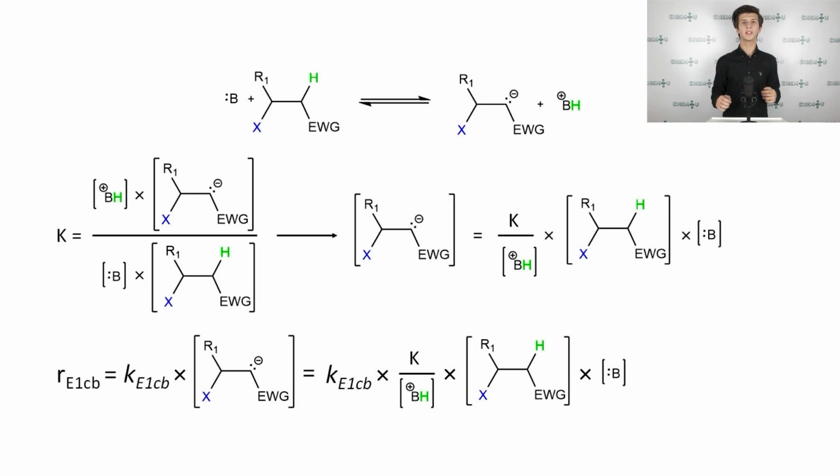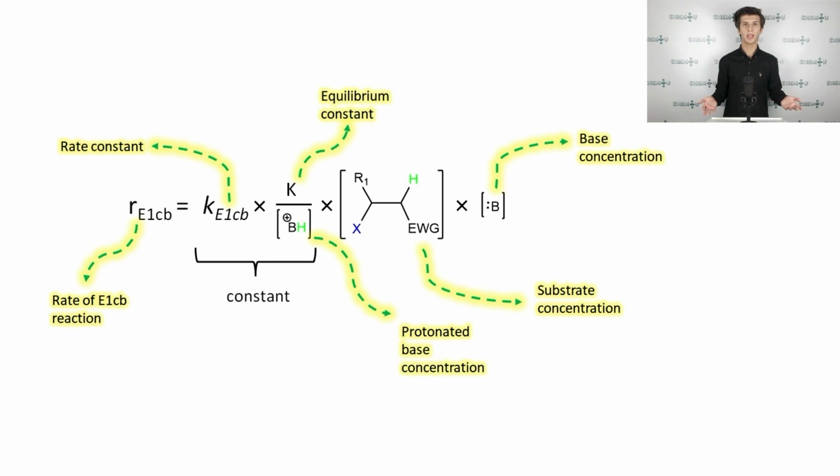It is quite complex compared to the rate laws of E1 and E2 mechanisms. In some cases, we can unite the first two multipliers into one and name it a constant. We will not describe the reasons for it because it's not a subject of our today's lecture, but of physical chemistry. That is why actually both concentrations are included in the rate law, despite the monomolecular character of the rate determining step. I hope it is clear for you. If not, you are welcome to ask the questions in the comments.